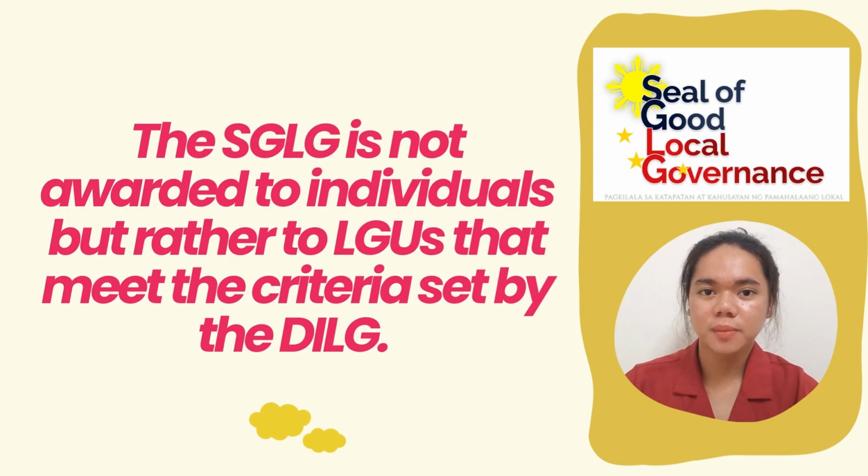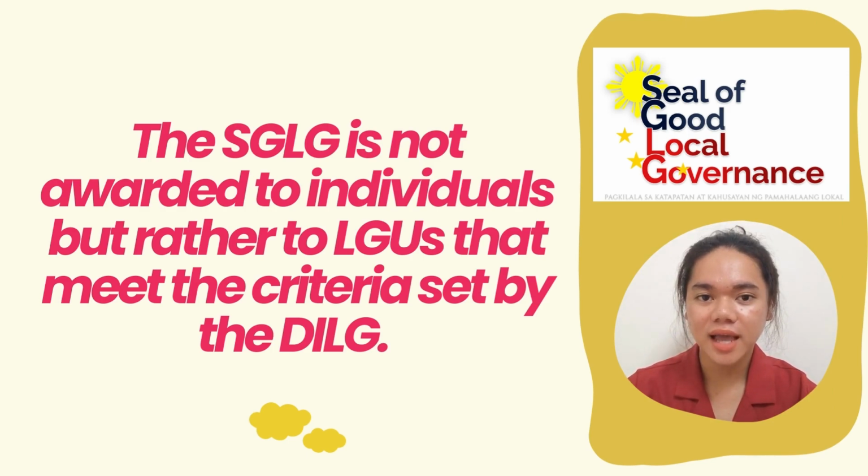The DILG shall be the implementing agency of this Act. It shall, through its relevant bureaus and offices, and in consultation and coordination with the partner agencies or sectors, be responsible for the assessment and evaluation of each LGU relative to its compliance with the criteria, and recommend to the Council whether an LGU qualifies to be conferred or awarded the SGLG. Furthermore, the LGUs that meet the standards set by the Department of the Interior and Local Government in all areas are awarded the SGLG.